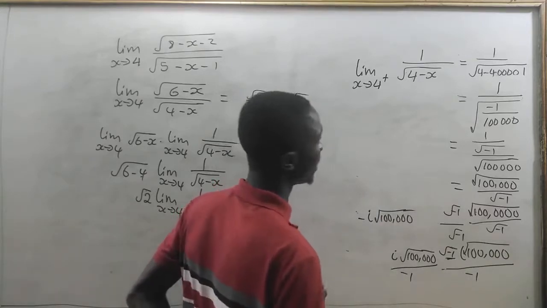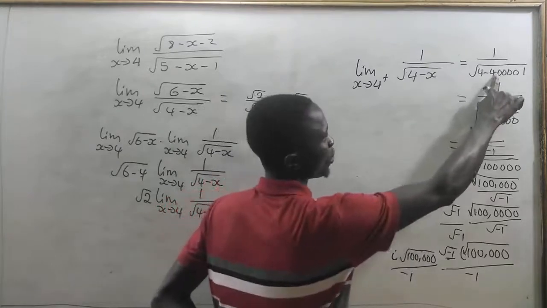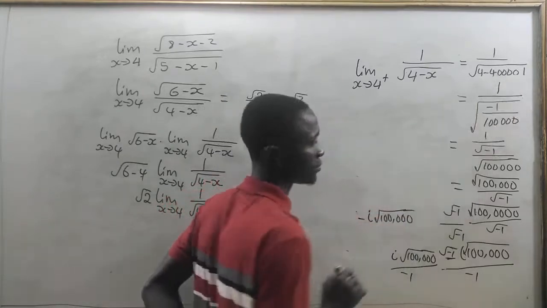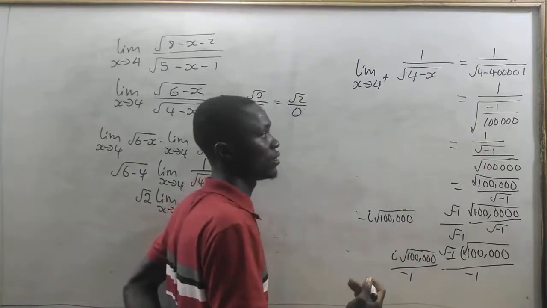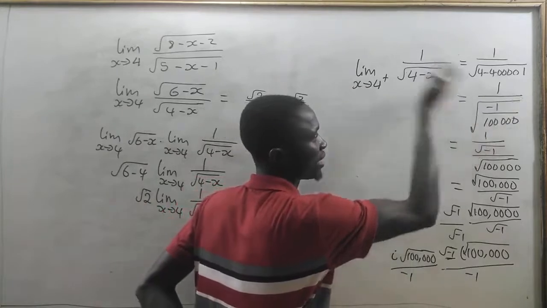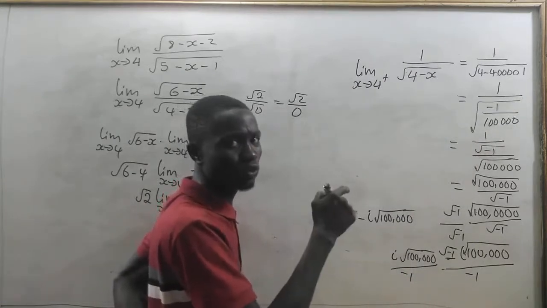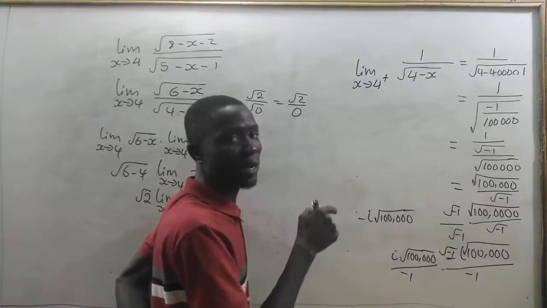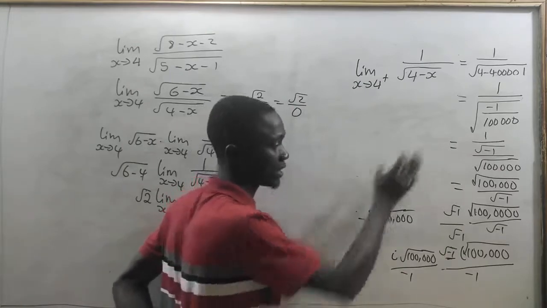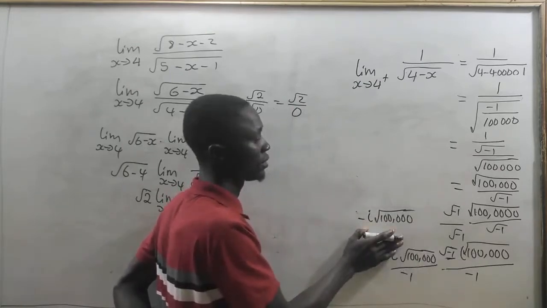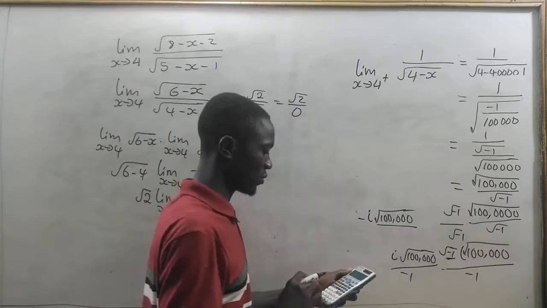So here, what do we see? We picked 4.00001. In fact, I'm just doing this simplification to improve your understanding. You could have used the decimal point there and then punched 1 divided by the square root. But whenever you're doing that, you have to put your calculator into complex number mode. Here, I'm simplifying it without the calculator. So you see that when we punch the square root of 100,000,